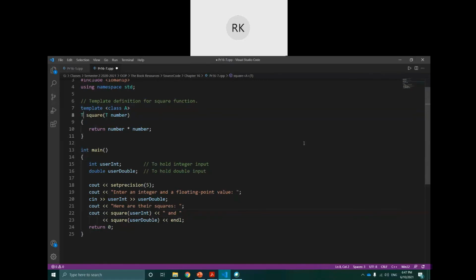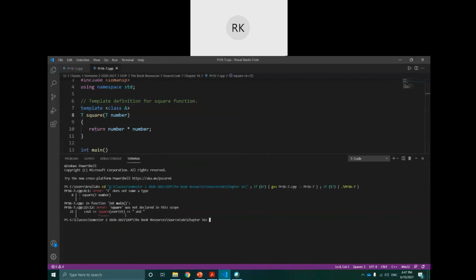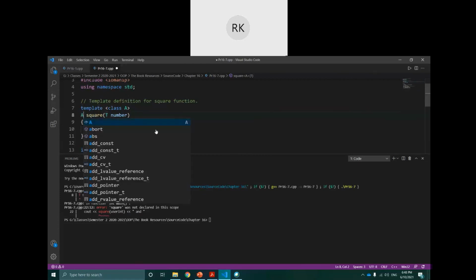If I save it and run it, you see it cannot work. The error is T doesn't name a type. So the type we named with A, but T doesn't show anything. So if you want to change this with A, then you can change it everywhere with A.